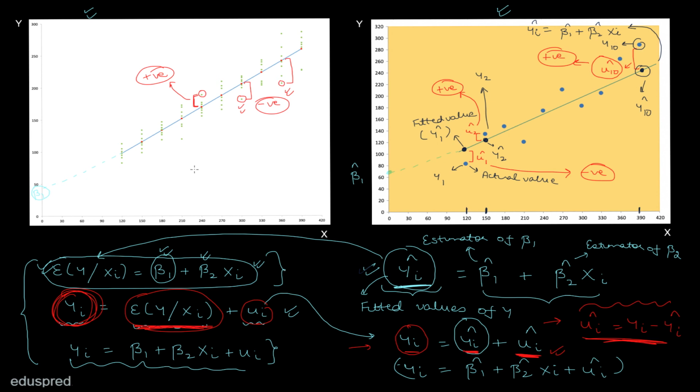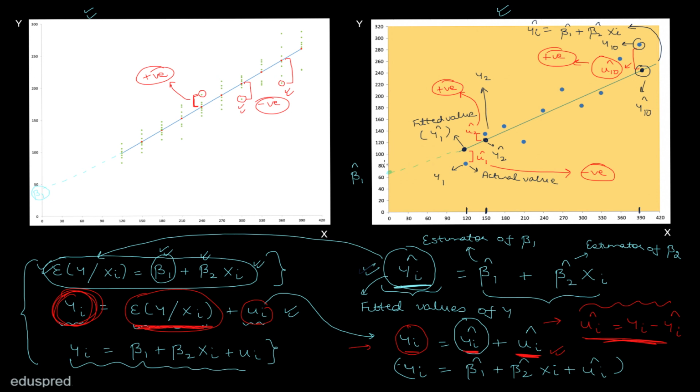Now before I end this video, there is one last thing that I want to discuss. The figure on the left hand side is the population figure, and in that figure we have the population regression line, which shows the true relationship between the y variable and the x variable on an average basis. Now see, it's not going to happen that your sample regression line and your population regression line will look exactly the same. You can also see this in the figures that I have drawn. The population regression line is steeper as compared to the sample regression line. So the intercept of the population regression line is less than the intercept of the sample regression line, and the slope of the population regression line is more than the slope of the sample regression line.